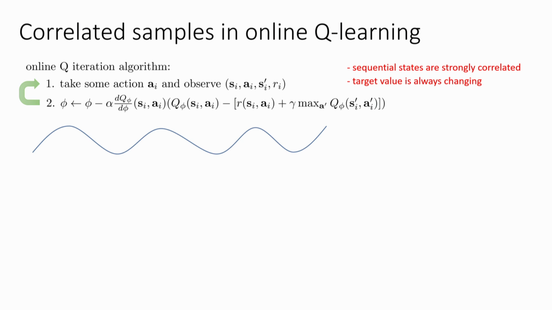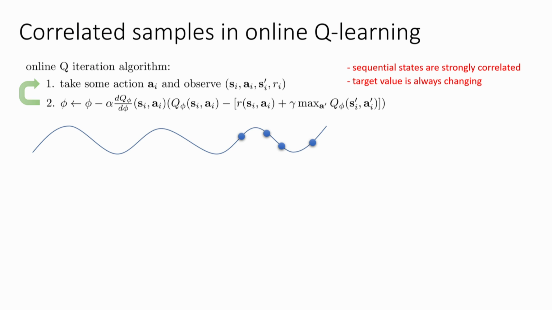So imagine this is your trajectory. Essentially what happens if you run online Q-learning is that you see a few samples along the trajectory, you take some gradient steps on those samples, so you kind of locally overfit to these guys. Then you see some more samples, they're also close together, you locally overfit to those, and so on and so on. And by the time you get over here, you've probably forgotten what was going on over here. So instead of actually learning something, you're just kind of repeatedly overfitting to your local neighborhood and not actually getting anywhere. And that's a problem.